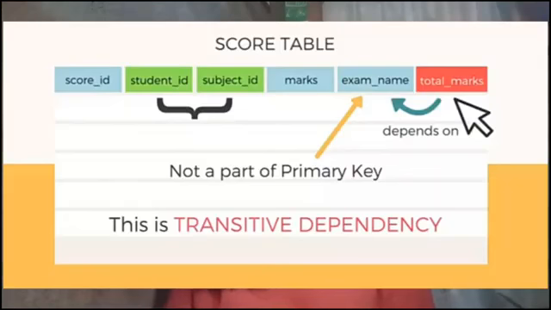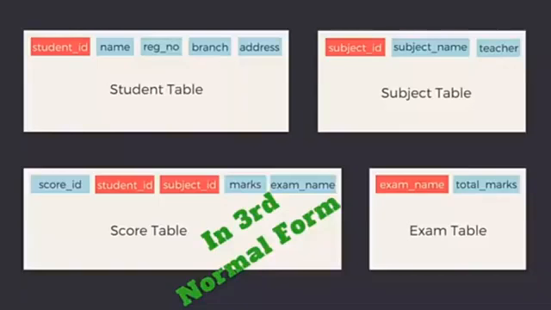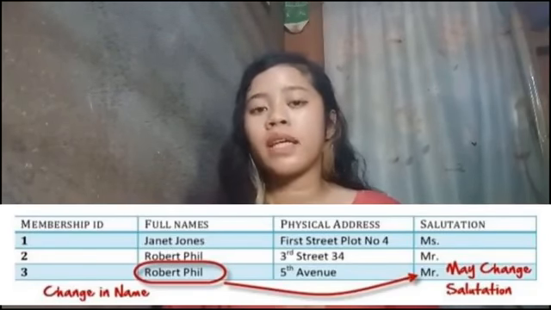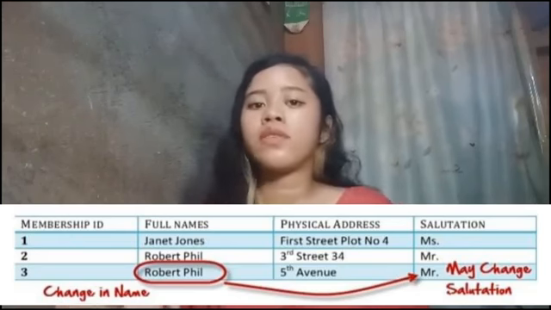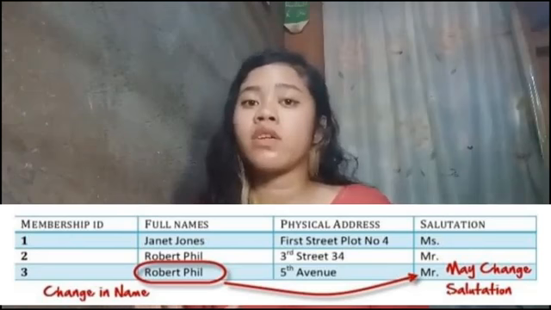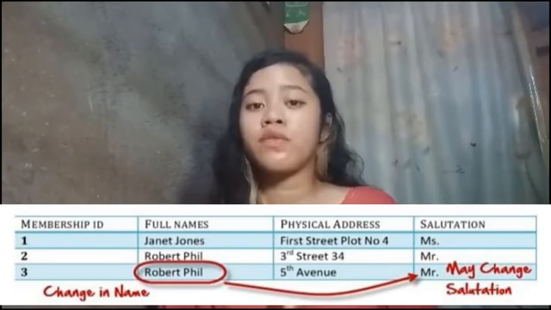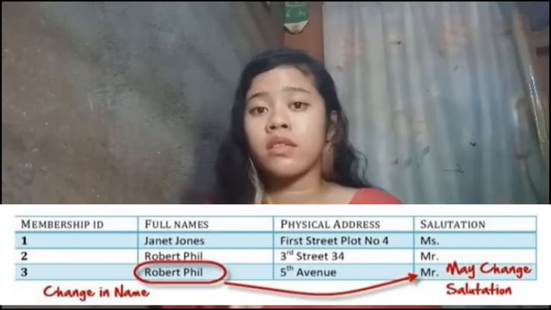From the given example in the video, the total marks depend on the exam name, and this exam name is not the primary key, because the primary key is the student ID and the subject ID. So when this exam name changes, the total marks will also change because the exams are of different kinds. Another example is a table with membership ID, which is the primary key. There is a salutation column, which depends on the full name. This full name depends on the primary key. So this is